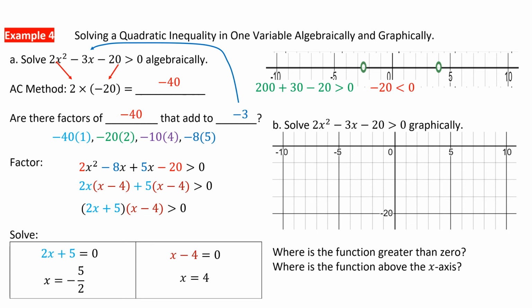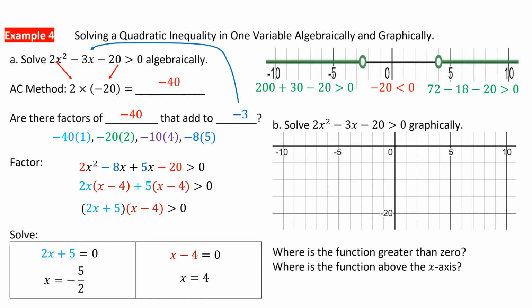And on the right of x equaling 4, I chose x to be 6, and I came up with 72 minus 18 minus 20, and I know that that's going to be a true statement. I don't even have to finish it out. I just know that my left-hand side is a positive value that's greater than 0, and that's true. So we're going to have these two rays as our solution, and if we are to write this in interval notation, we would say that we want all of the values of x from negative infinity all the way up to negative 2.5,